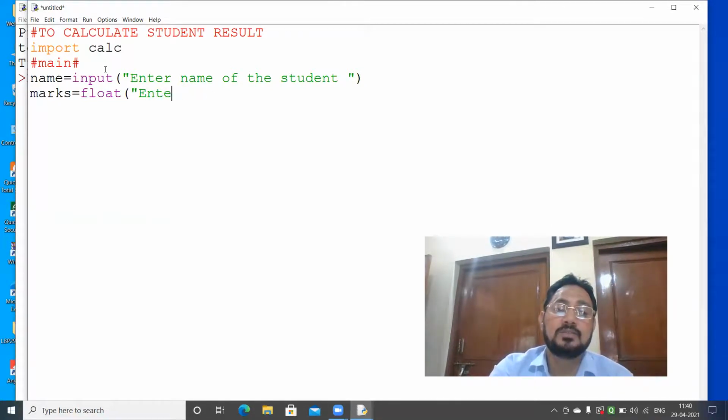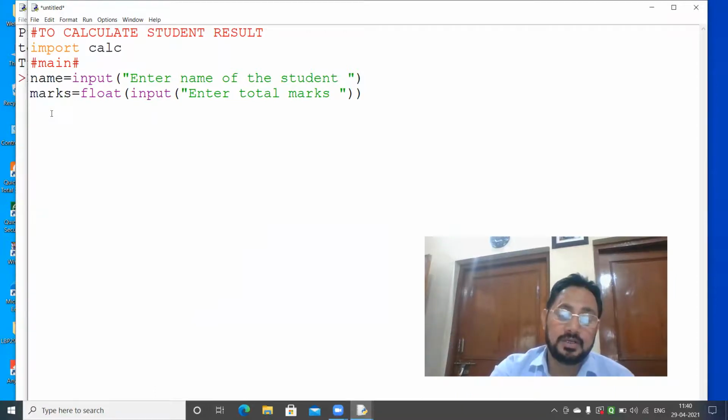Enter total marks. Input. And then obviously I will run this. The computer will ask you to enter.